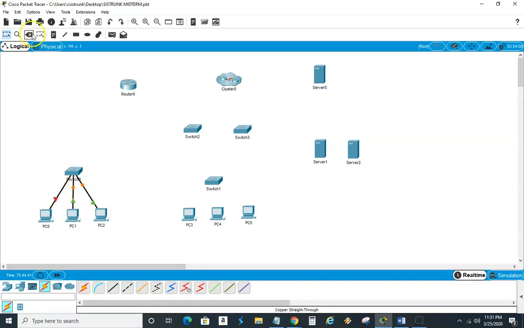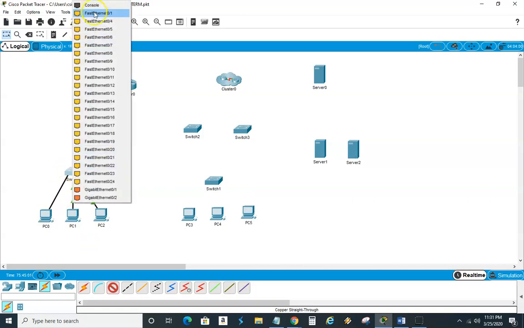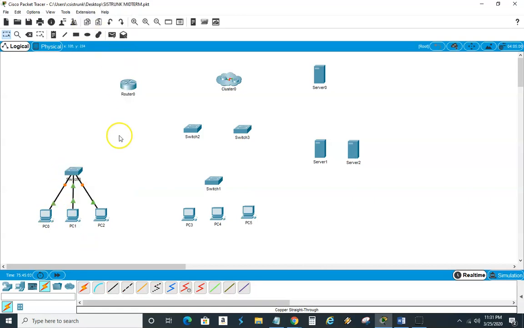chose something wrong. Instead of trying to figure it out, I'm just gonna go ahead and click this here, and then cut that wire, and then come back and actually get my pointer back, and then go here and click on here, and then click here again. I'm down to fast Ethernet. Click here and make sure I choose 1. So obviously something I did wrong, and hey, let me know if you saw what I actually did wrong, so we can fix that. Okay, so we got the first section done.